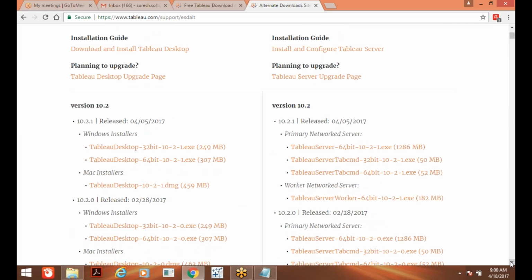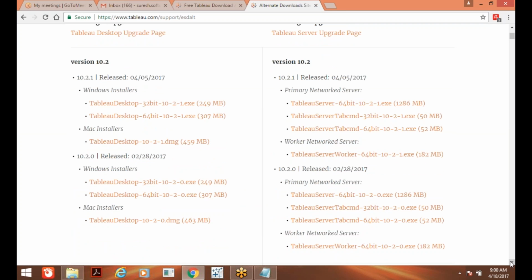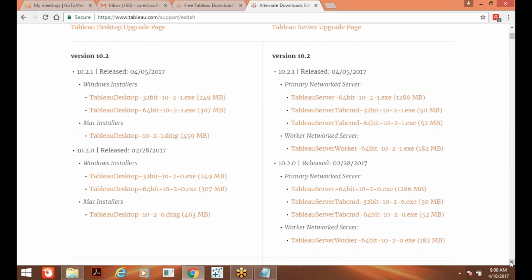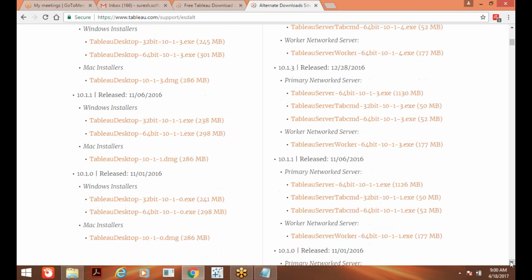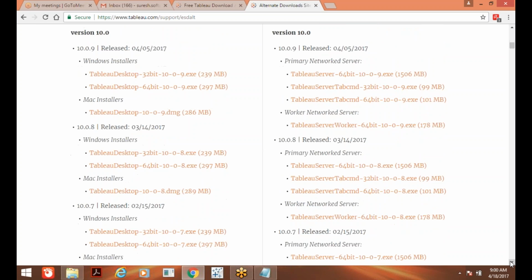See, from Tableau 10.2, are you getting here? Version 10.2, version 10.1, 10.0, and you can download Tableau software on just 2 operating systems only, either Windows or Mac. Mac in the sense, Apple. On Linux it is not possible. Only Windows and Mac, these two only.